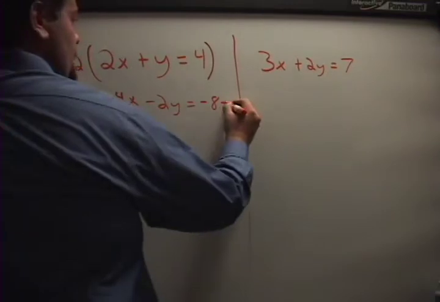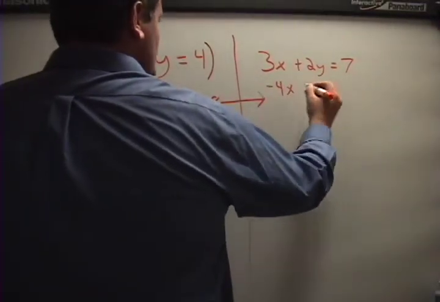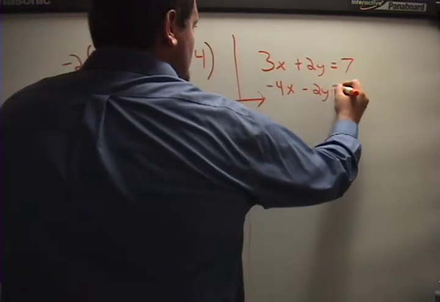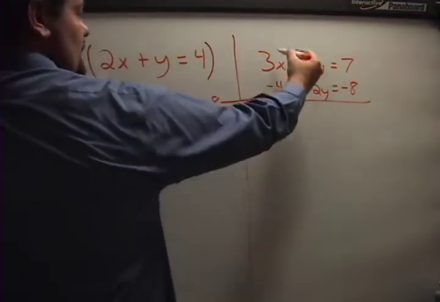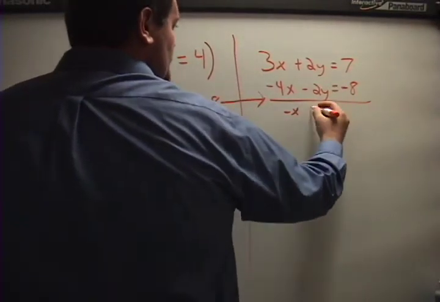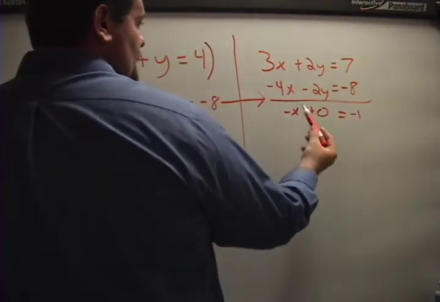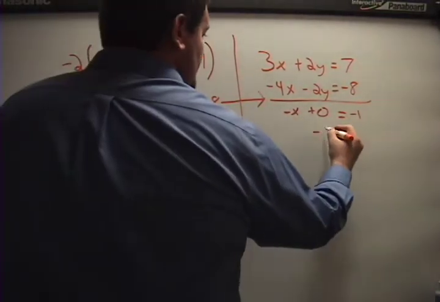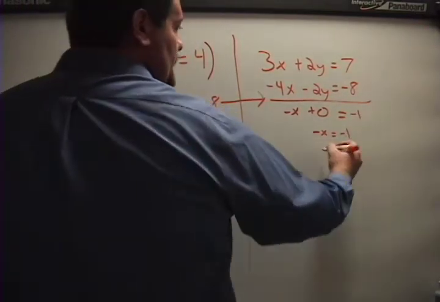And now what you do, you bring this over here and you line them up. So negative 4x minus 2y equals a negative 8. And now you add them together. So here we get a negative x, 0 is equal to a negative 1. And then so we have negative x is equal to negative 1, cancel out the negatives, and we get x